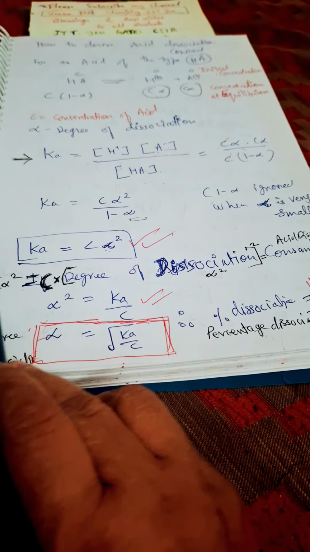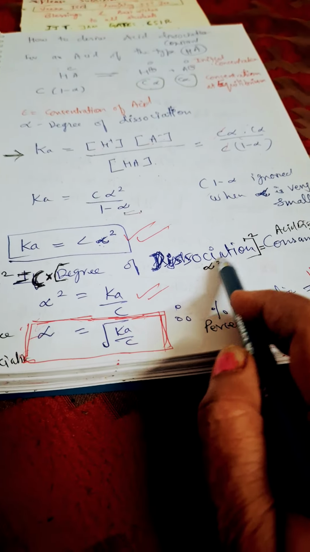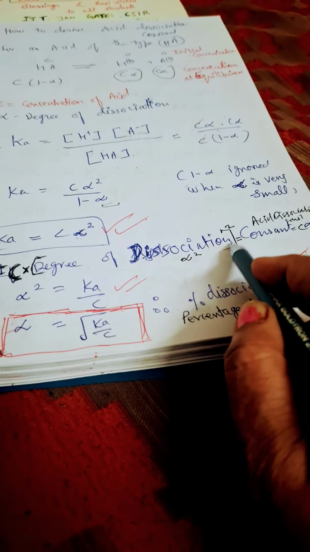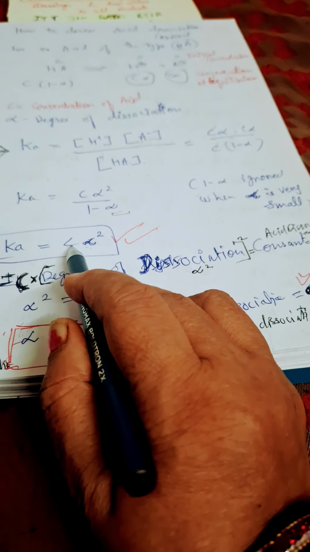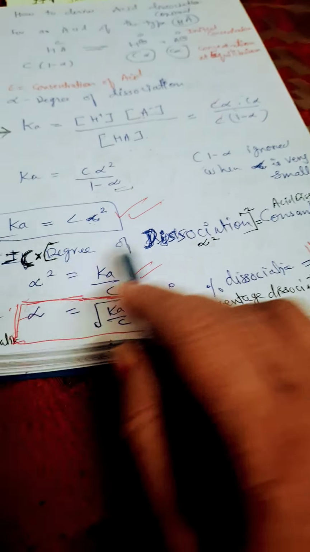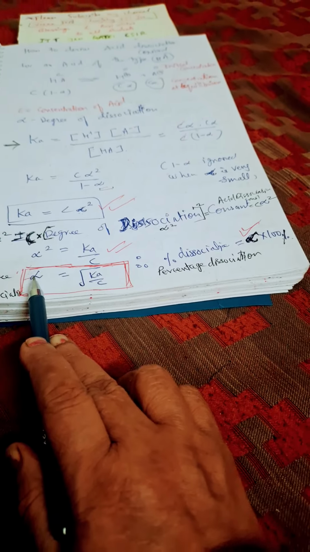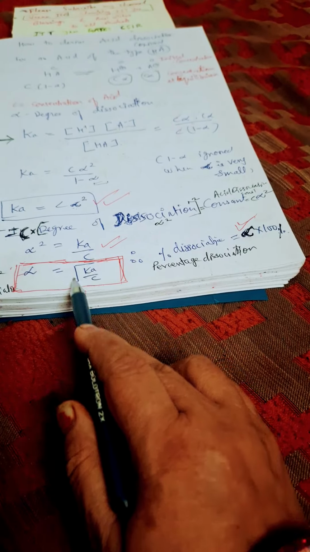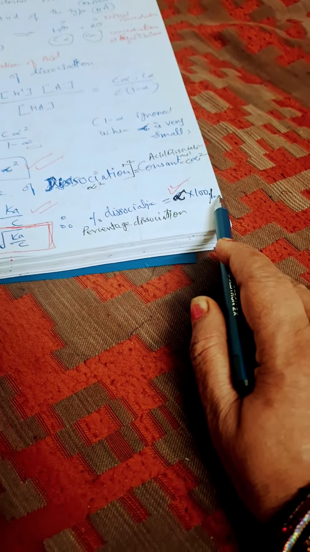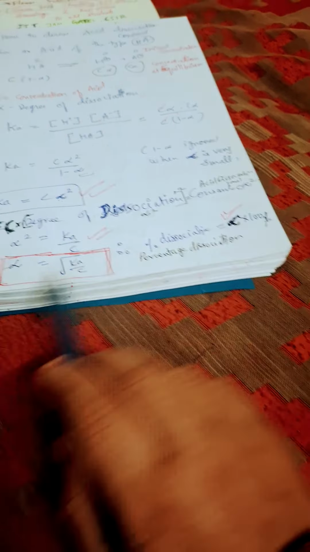Clear? So here I have written C alpha square, where C is the concentration multiplied by the square of the degree of dissociation, and alpha is the degree of dissociation. So the product of molar concentration and the square of the degree of dissociation gives you the acid dissociation constant. So alpha square is equal to Ka by C. So the degree of dissociation is equal to the square root of Ka by C. Percentage dissociation: alpha multiplied by 100 gives you the percentage dissociation. Clear? Alpha is equal to